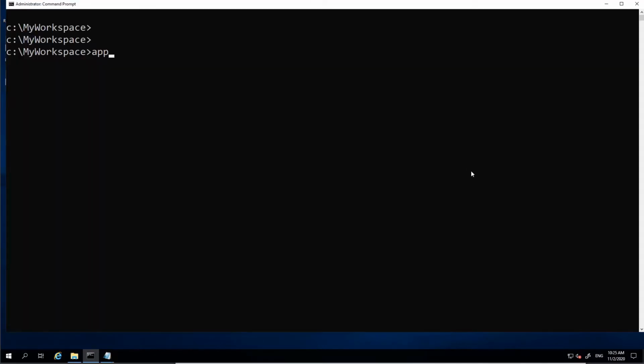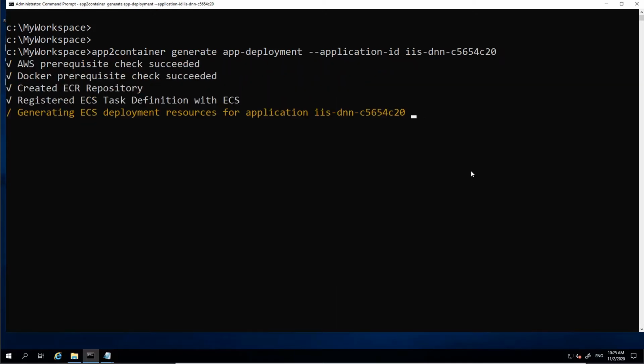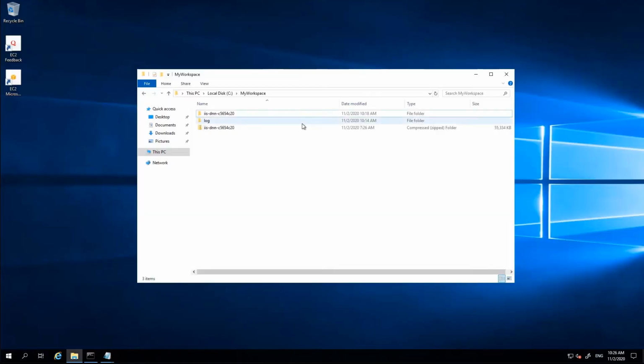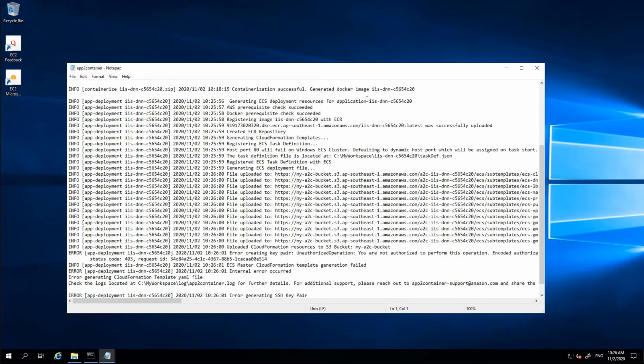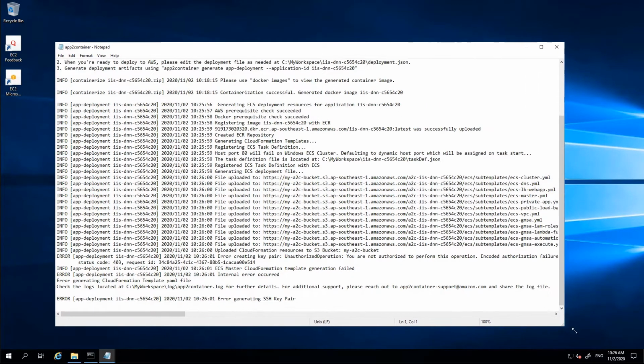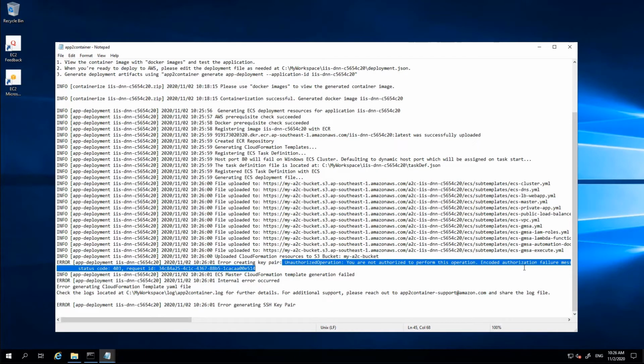To deploy the container into AWS, you can call App2Container generate and provide the application ID. If you have any issue, it will show it in the log file. In my case, it threw an error saying that I don't have permission to deploy containers.